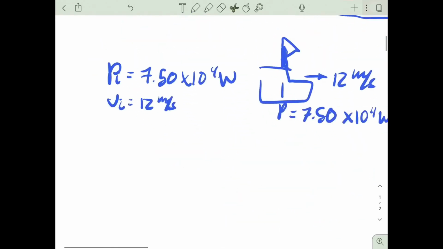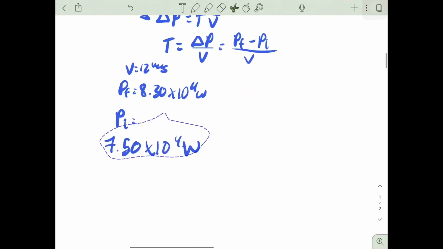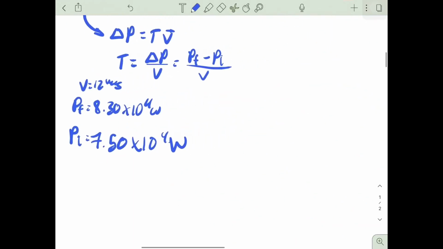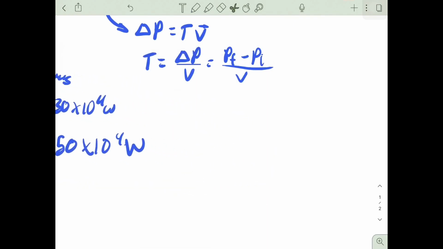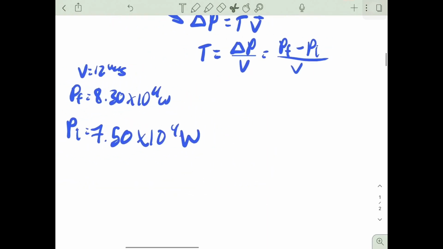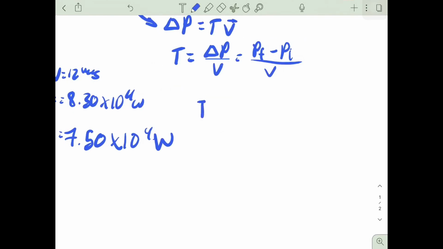Our initial power, before the skier, is 50 times 10 to the fourth watts. Now we have all of our variables here. The only thing we have to do is plug in to find what we need. So we know that tension in this case equals